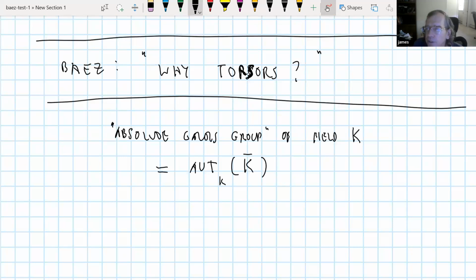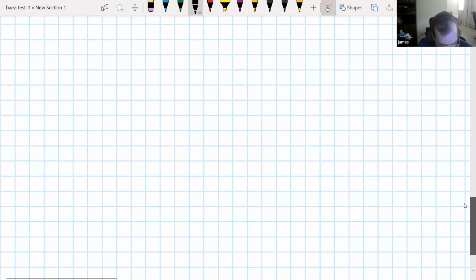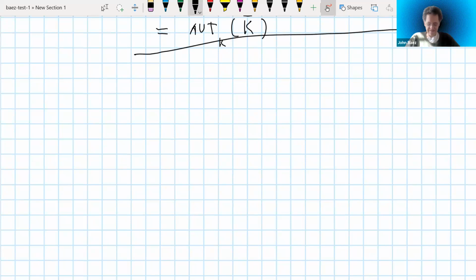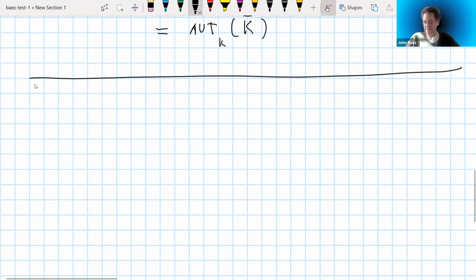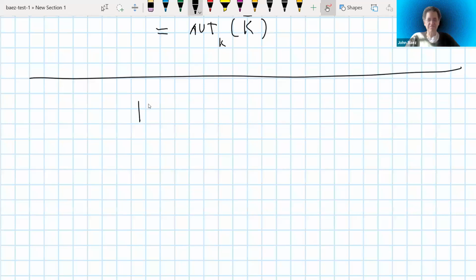Okay, maybe I'll make up names for two things. We pick a field K. That's our field K. And that's going to be the Eisenstein field. Well, I want it to be general, but we can pretend it's that. Sorry, I'm just struggling to find my cursor here so I can write things down as you're saying them. Okay, so you pick a field K.